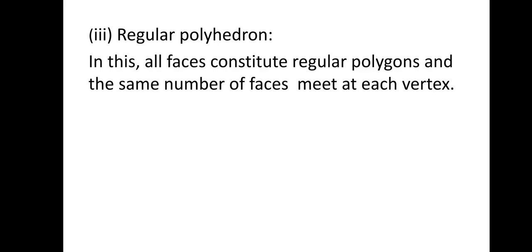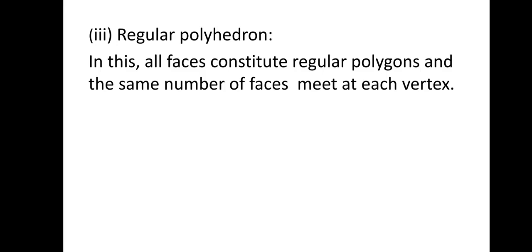Coming to regular polyhedron. What do you mean by a regular polyhedron? So, polyhedrons that are made up of regular polygons. So, what do you mean by polygons? A polygon is basically a simple closed curve made up entirely of line segments. So, here if I am talking about regular polygons, what do you mean by polygon? I am repeating it. A simple closed curve made up entirely of line segments, that is a polygon.